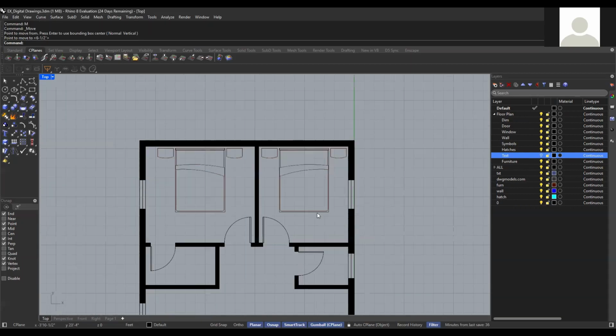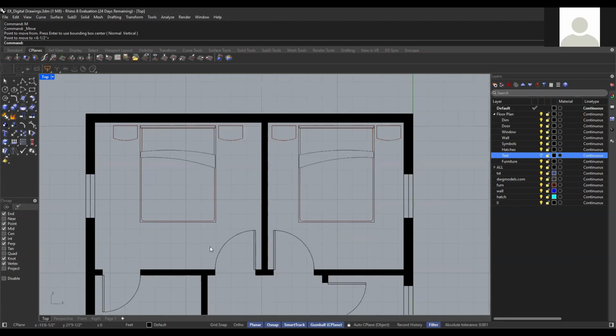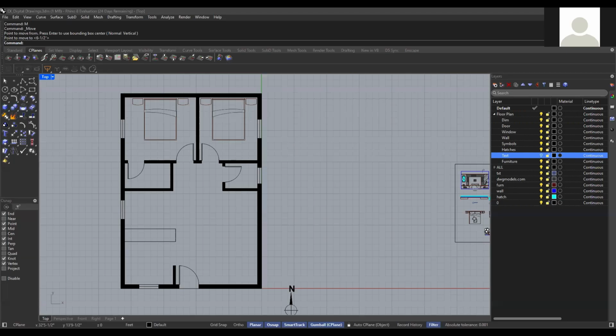Usually just use really simple and really beautiful furniture for your drawings. All right, so I'm not going to add all the furniture to this floor plan. Please do this based on